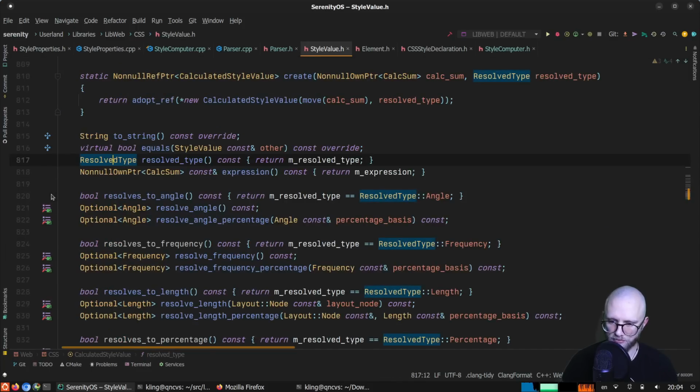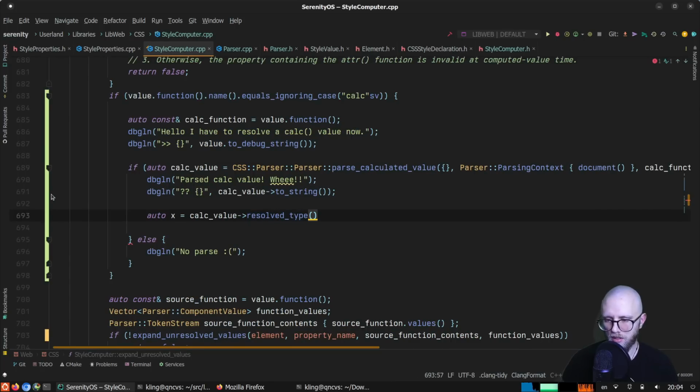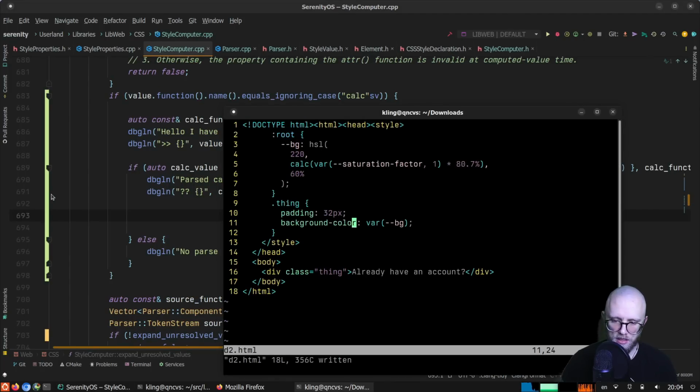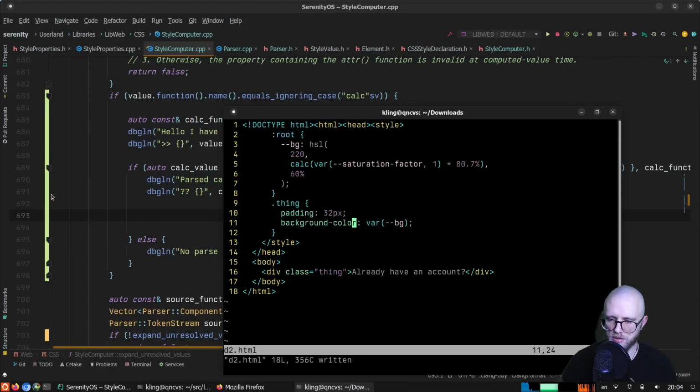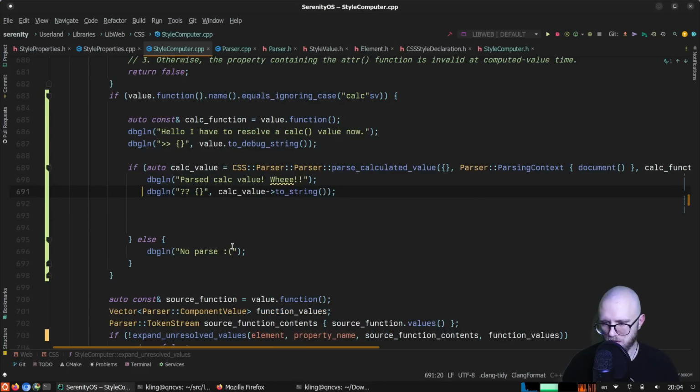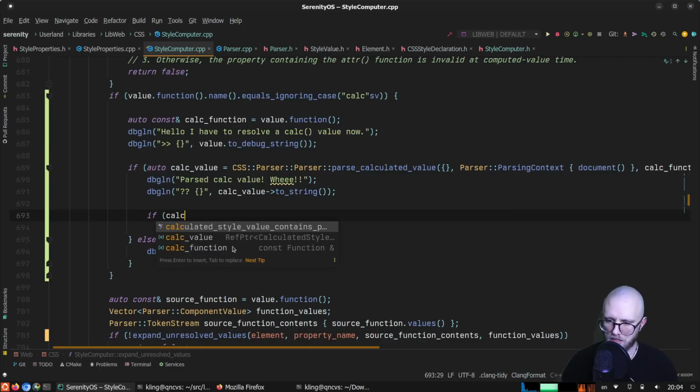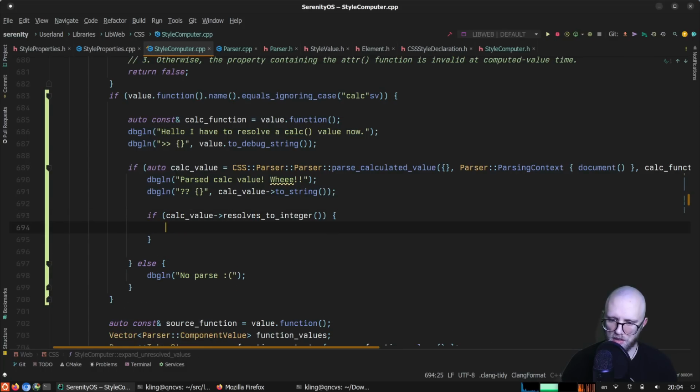What if we focus on some specific resolution types here, like percentages and integers? In this case, it's going to fall back to 1, which is an integer. So if calc value resolves to integer, then,